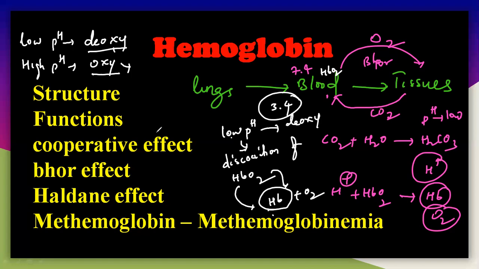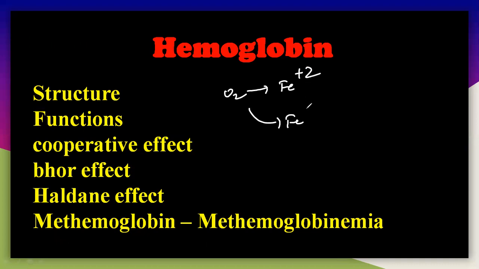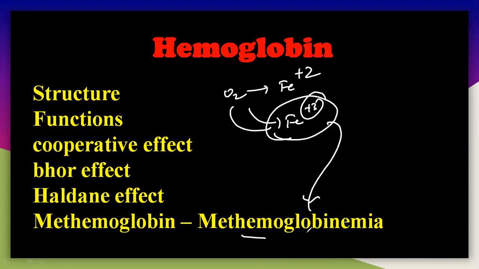The pH effect is also a very important thing that comes under the Bohr effect. And see here the next one, which is the Bohr effect and the Haldane effect. I already told you about the Haldane effect, nothing but simply the transport of CO2 from blood to lungs with the help of O2 is called the Haldane effect. And the disease I told you about is methemoglobinemia. Generally this O2 always binds with the Fe+2 only. Sometimes in our body it binds with the Fe+3. So 1% of the oxygen will bind with the Fe+3, then you will get the disease methemoglobinemia.